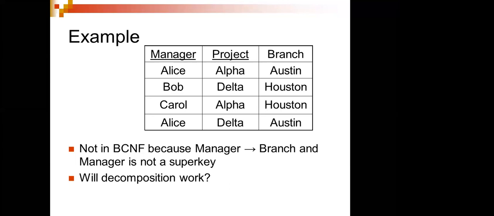Okay, here we have the branch, there is a branch manager. So in this, where is the super key, how are you going to identify who is the super key? Because these values are repeating over here in the manager. Then if you see the branch, Austin is repeated or Houston is repeated. So when I say like this, then this is not in the BCNF format. So I have to convert this into the BCNF.